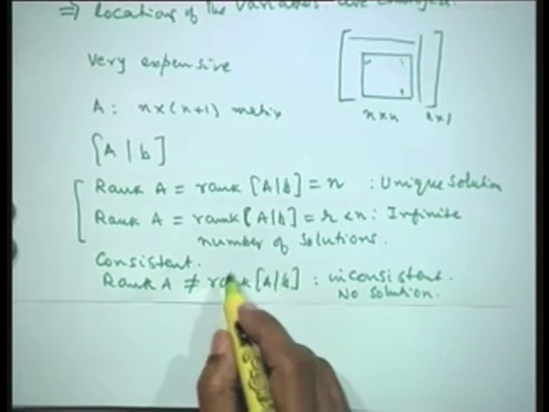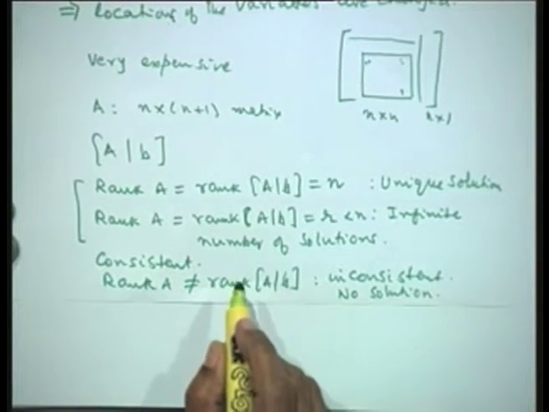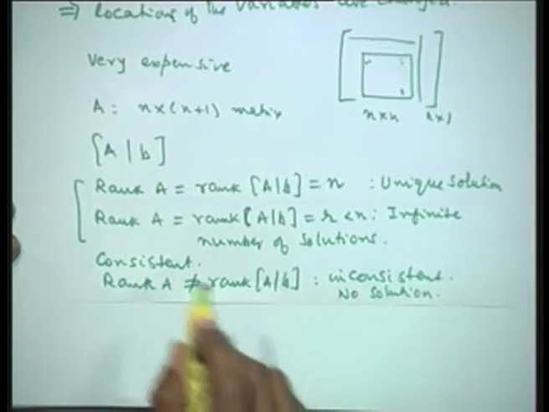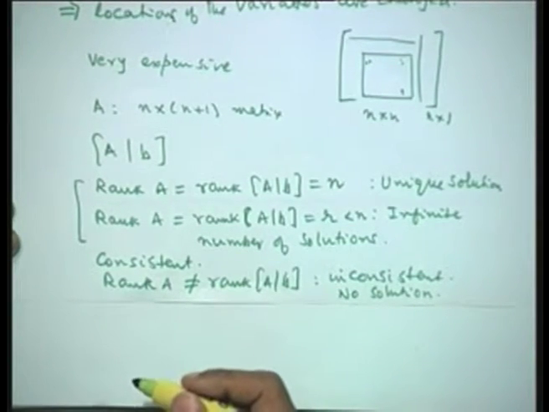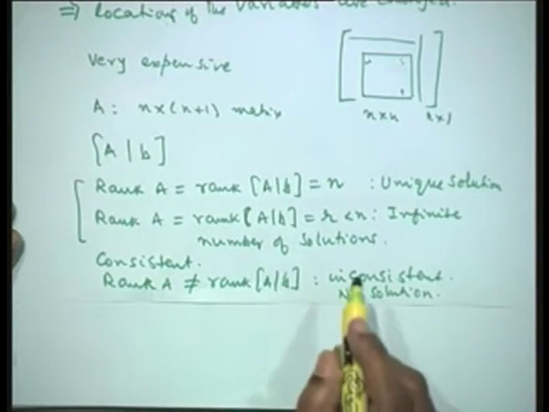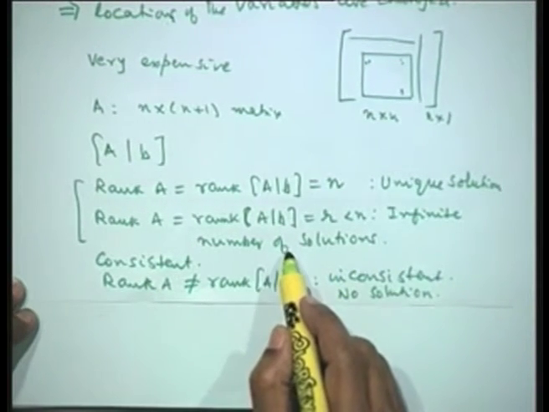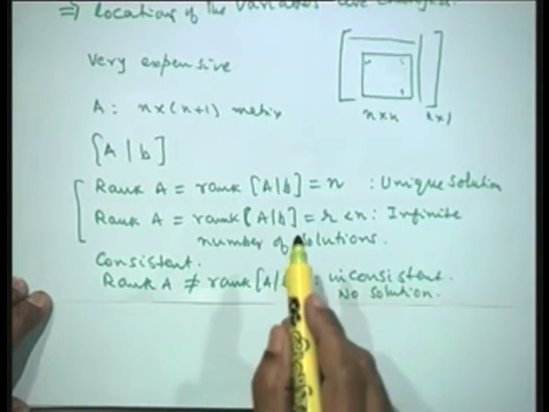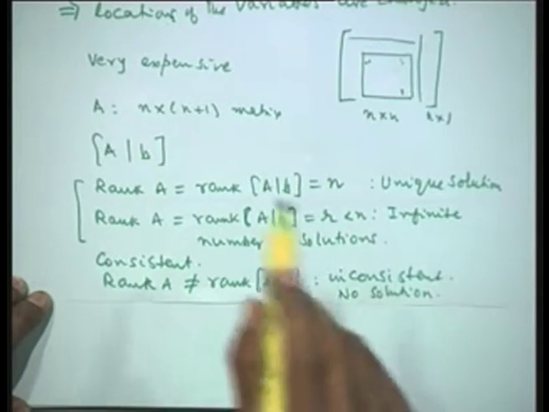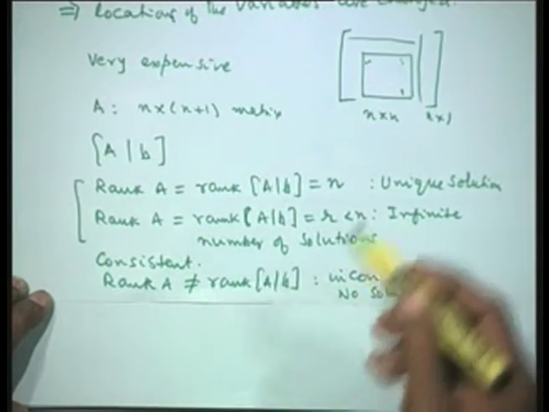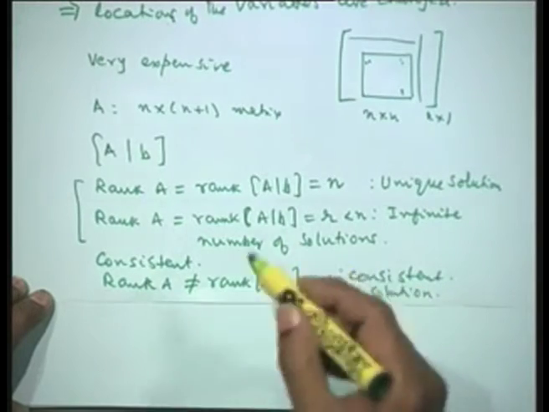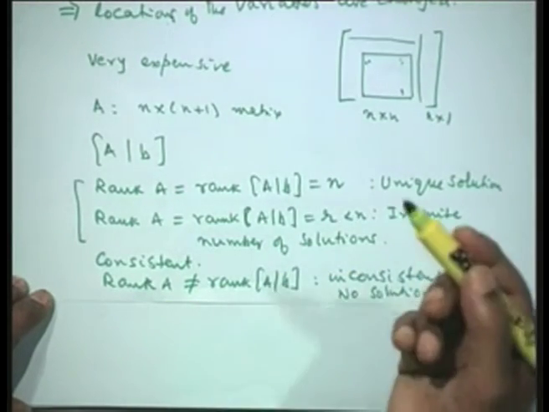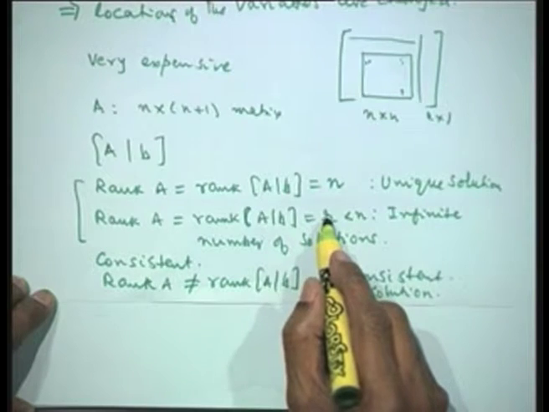Now these concepts that we have talked of should automatically be reflected in the Gauss elimination procedure that we are doing. Let us see what we mean by the infinite number of solutions case. When the system has infinite number of solutions, that would imply that there are a number of rows which are dependent rows. Since they are dependent rows, a number of variables can be transferred to the right hand side, and then we can obtain the solution as 1 parameter family or 2 parameter family, or in general in this case n minus r parameter family of solutions.